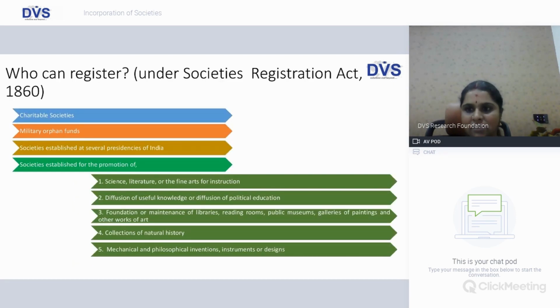Now, who can register? Section 20 defines the charitable activities which can be done under the Societies Registration Act, because the preamble very clearly says that the societies can be registered for literary, scientific, or charitable purposes. So, the charitable societies, military orphan funds, societies established at several presidencies of India,